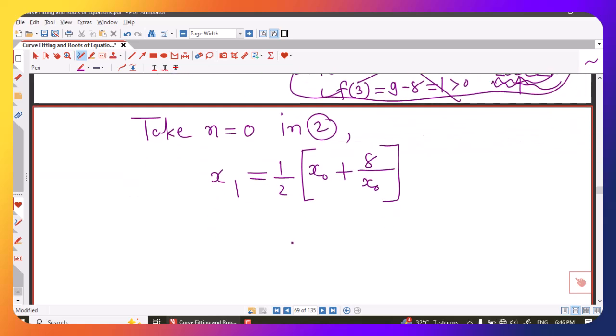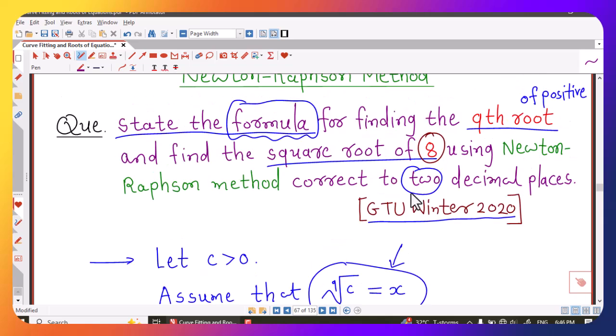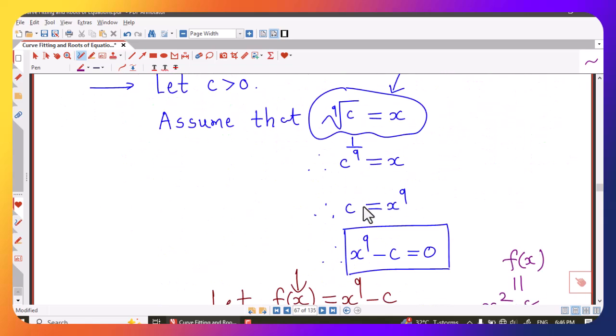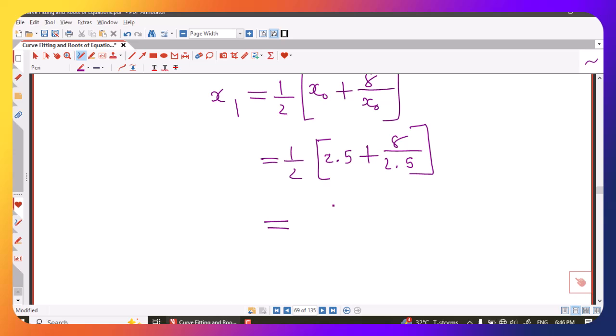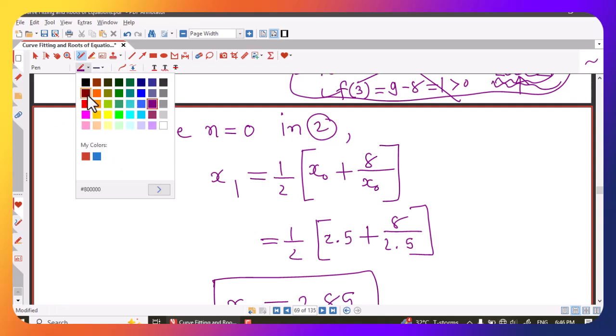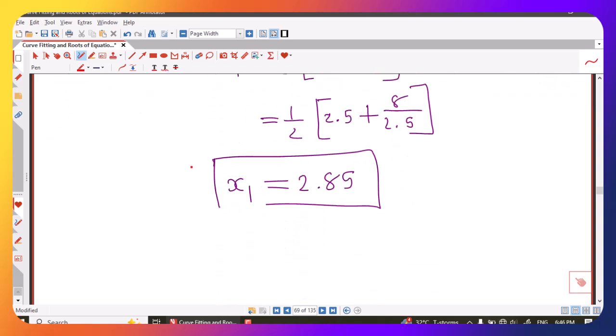x0 we have taken as 2.5, so let me put x0 equal to 2.5 plus 8 divided by 2.5, and in the question they have specified that you have to find out the root which is correct up to 2 decimal places. Therefore I have done my calculations up to 2 decimal places only, and using scientific calculator I find that first approximation to the root is x1 equal to 2.85. So this is nothing but iteration number 1,